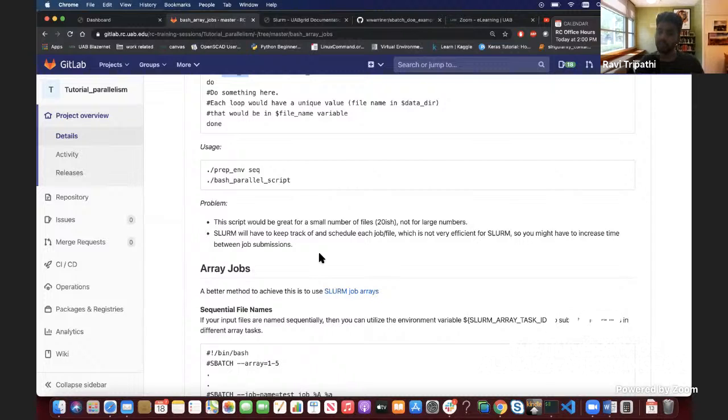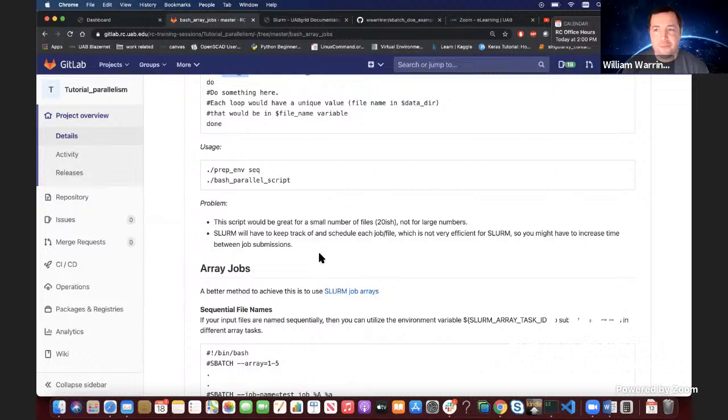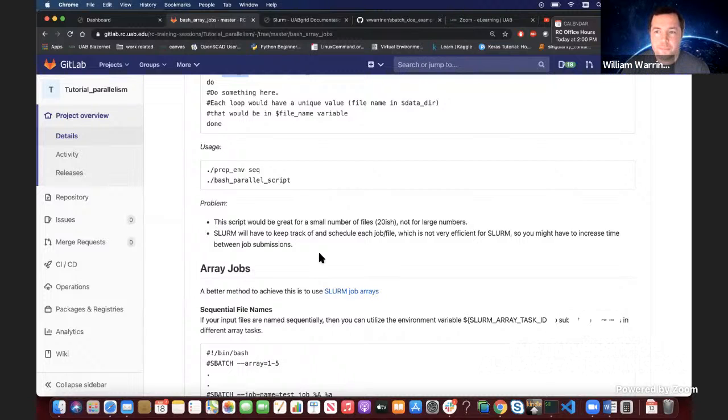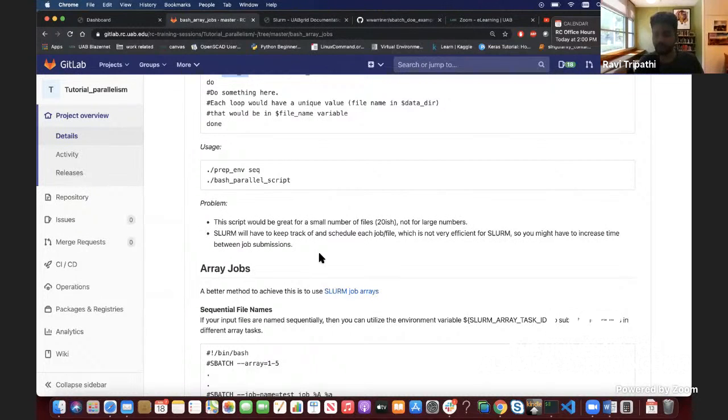So having all these files in the Slurm database or the Slurm scheduler's memory is going to overwhelm the Slurm scheduler. And what's going to happen is the Slurm scheduler is going to crash or it's going to become really laggy for some time. So please don't do this for 1,000 files. I mean, if you have 20 at a stretch, let's say 30, 40 subjects on which you are trying to do this, yeah, that's reasonable, this should work. If you go above 40, just